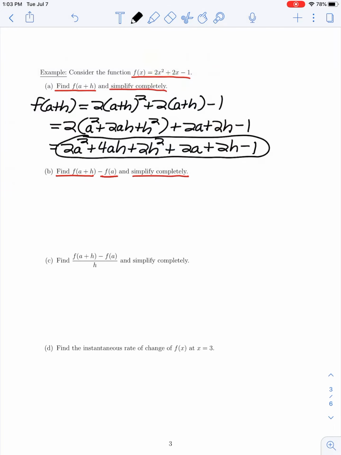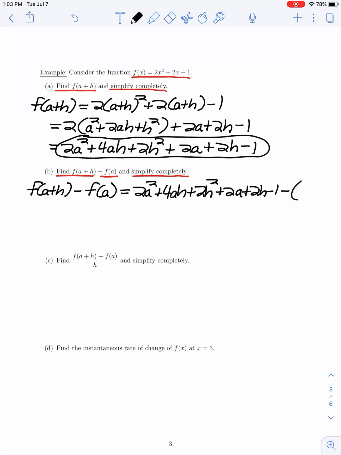So here, f of a plus h minus f of a is given by, well, we just found f of a plus h in part A of this problem. We found it to be 2a squared plus 4ah plus 2h squared plus 2a plus 2h minus 1,